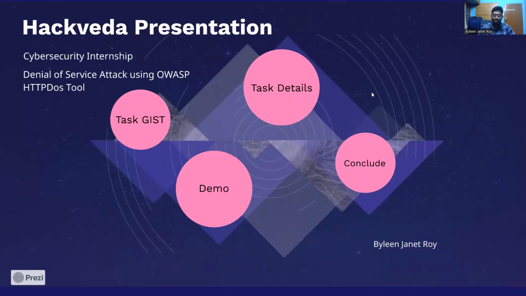Before getting into the presentation, let me just explain what DOS is. DOS is nothing but denial of service. We know what is meant by the word denial, and we know what is meant by service. Service means we are requesting something, and the person who got that request should give us something, right? So why should we deny the service of something?